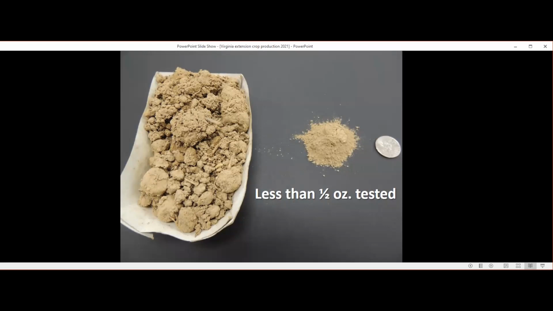Remember that in a 5 acre, 6-inch furrow, there are basically 10 million pounds of soil. We get 2 pounds of that and we test only half an ounce. So please understand that your soil is very variable out there. You are going to see differences in results, even if you go back to nearly the same spot. The research has shown if you take samples 6 inches from each other, the results will vary. But it's amazing that we only test half an ounce of soil in basically 10 million pounds of soil, and that's what your whole fertility program is based on.